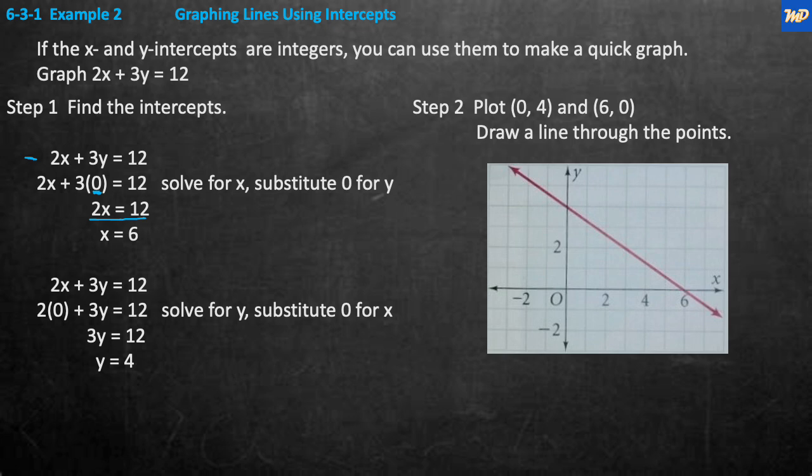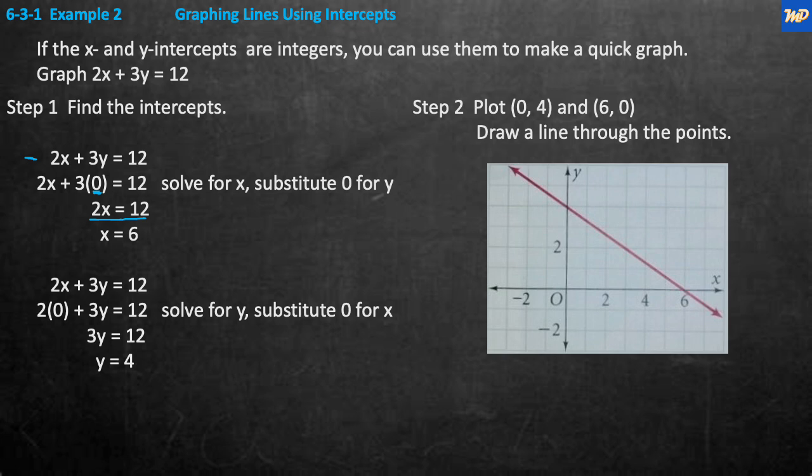And then over here, we write the equation again, and now we're going to substitute 0 for x, and we're going to get 3y equals 12, because the 2 term disappeared. And we're going to divide both sides by 3, and we're going to get y equals 4. So that's step 2. Plot 0, comma 4,